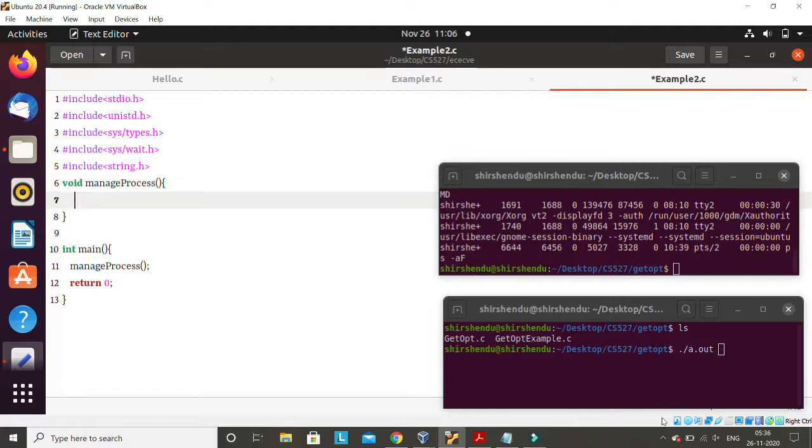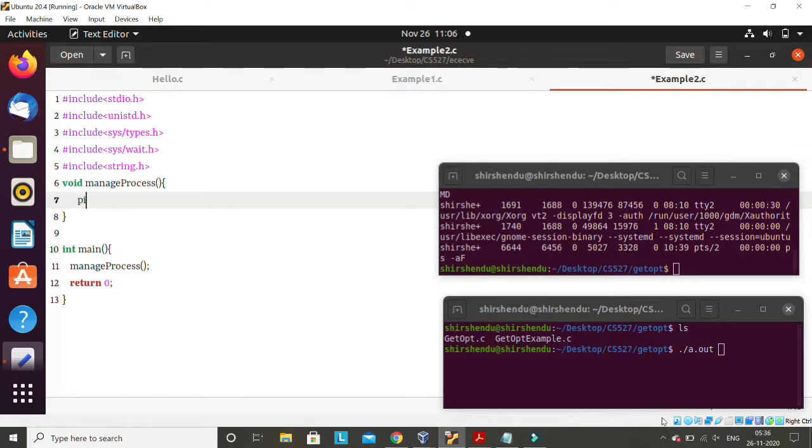All the header files are there, and there is a main file. Main file is doing nothing, just calling a function, and all the concepts will be written in this function. In this function, I'll try to create only one child process, and that child process will do something else that I will explain. So let us start the code.